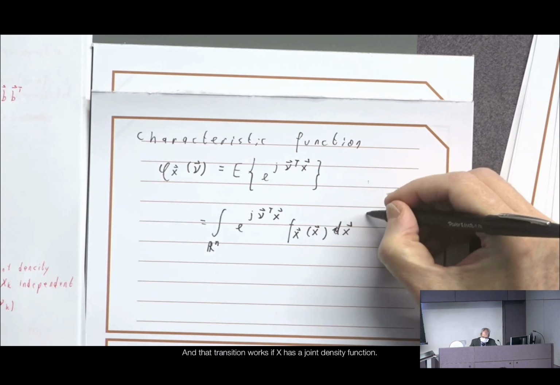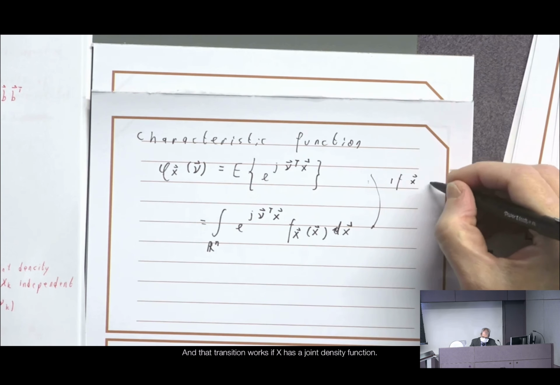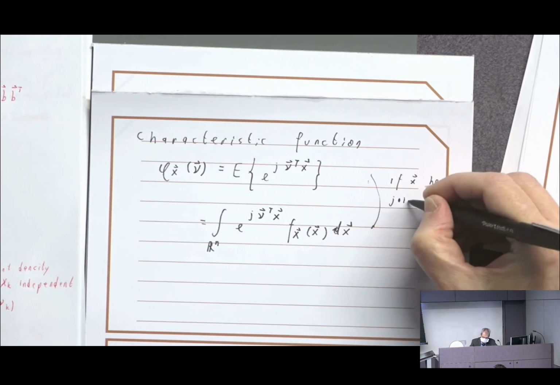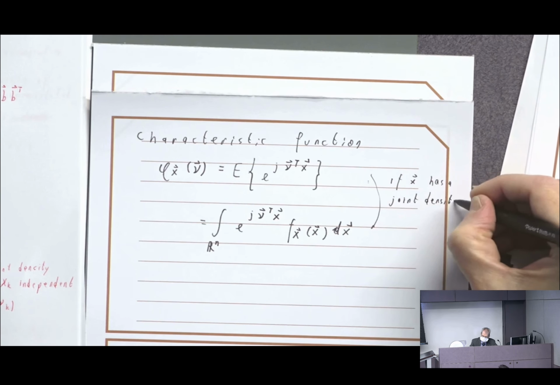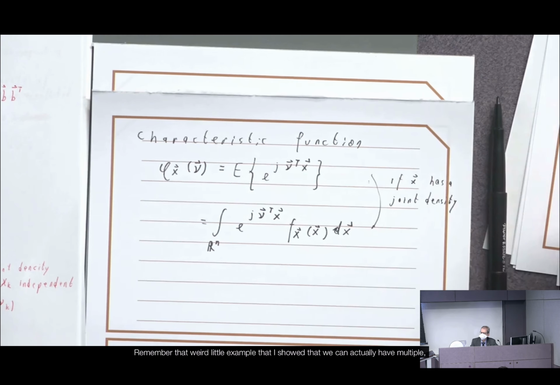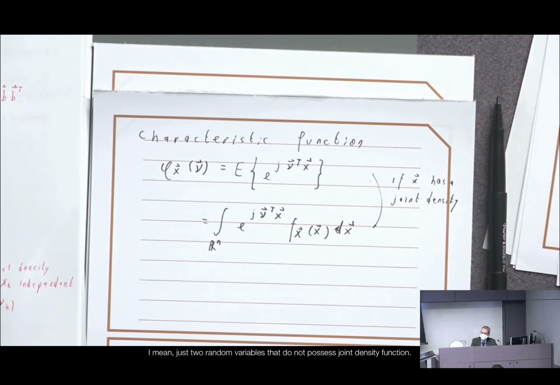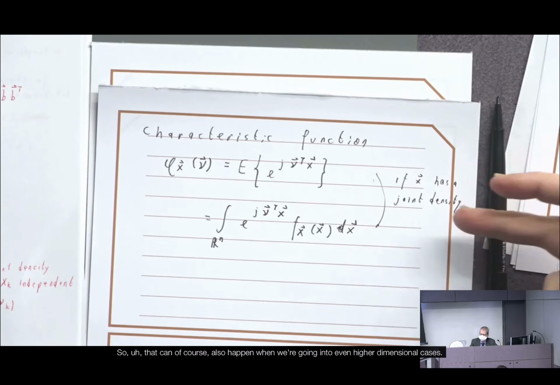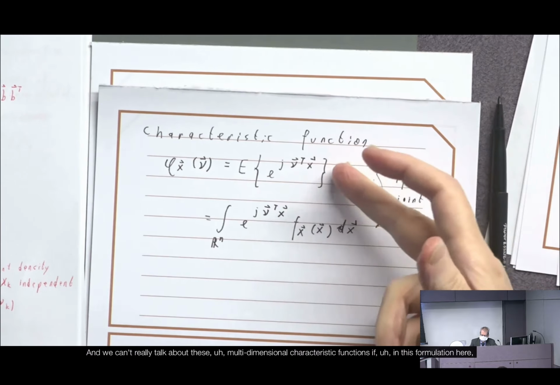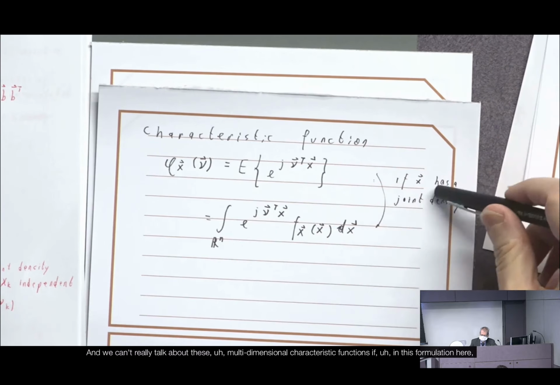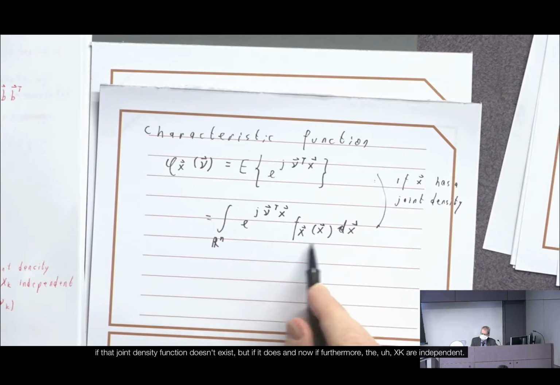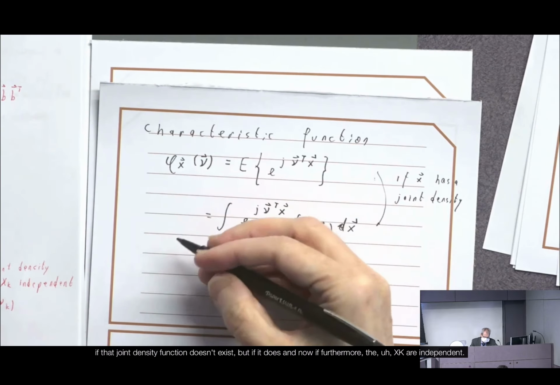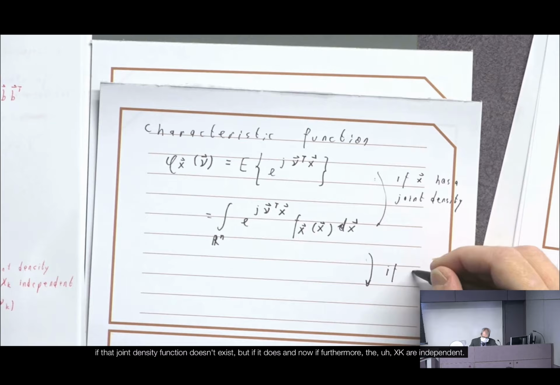And that transition works if x has a joint density function. Remember that weird little example that I showed, that we can actually have just two random variables that do not possess a joint density function. So that can, of course, also happen when we're going into even higher dimensional cases. So that's why we always have to have that little caveat. And we can't really talk about these multidimensional characteristic functions, in this formulation here, if that joint density function doesn't even exist. But if it does, and now if furthermore the xk are independent,